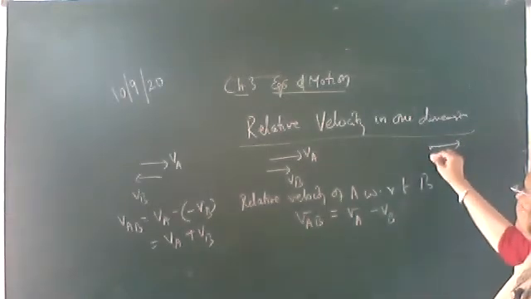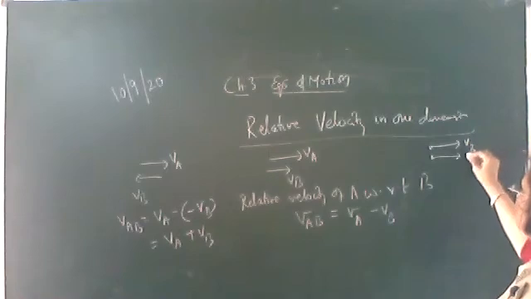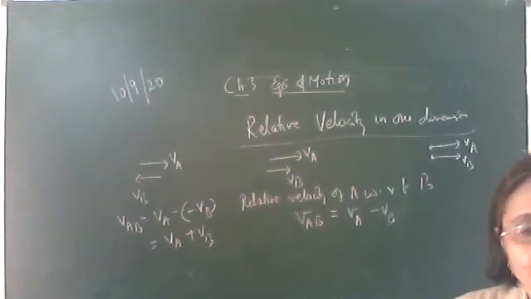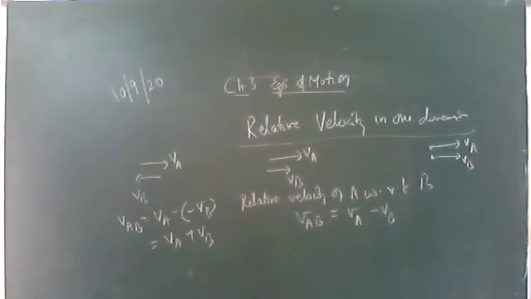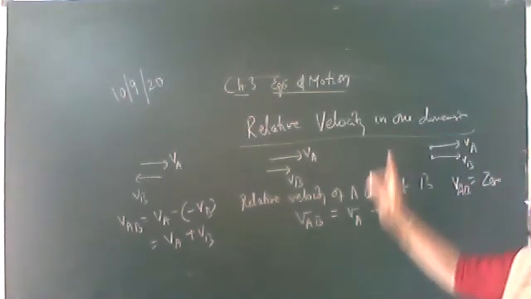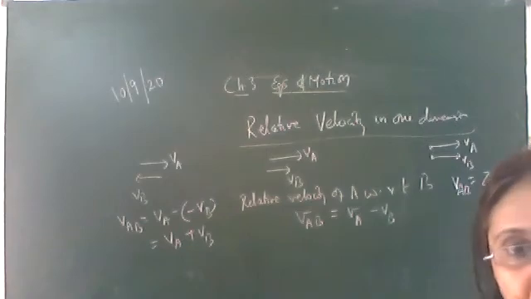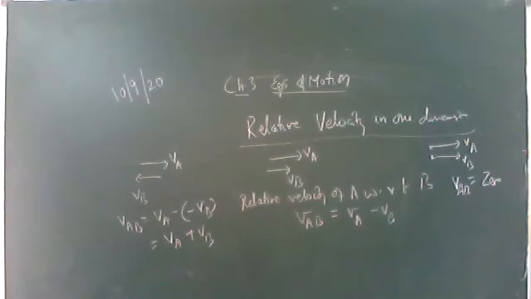Okay, A and B are moving in the same straight line with equal velocities. What is the relative velocity of A with respect to B? Anyone? Yes, it would be 0. It would be VA minus VB, and as the velocities are equal, it is 0. So whenever we define relative velocity, we say that two bodies are moving in a straight line with different velocities. Only then will they have relative velocity of one with respect to the other.